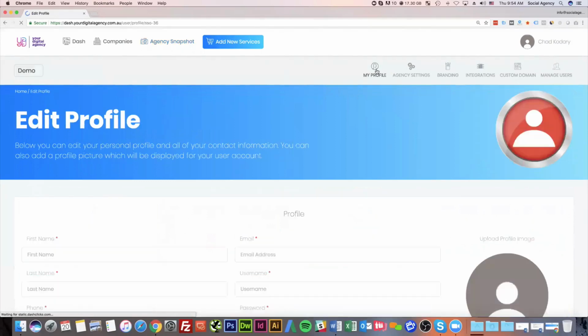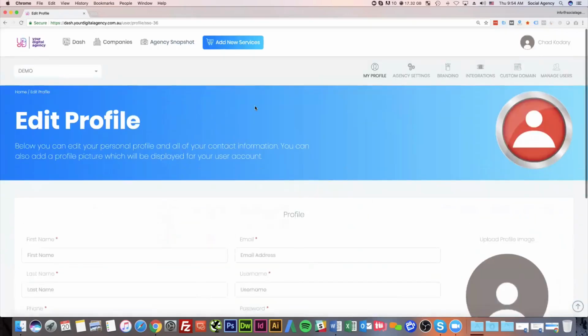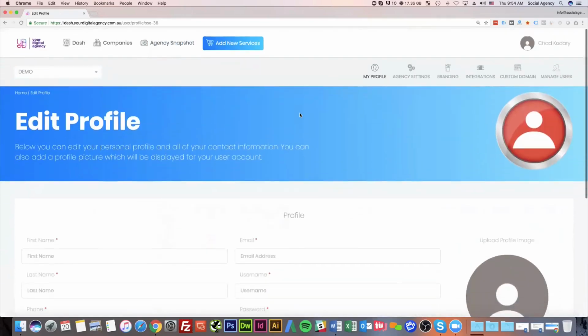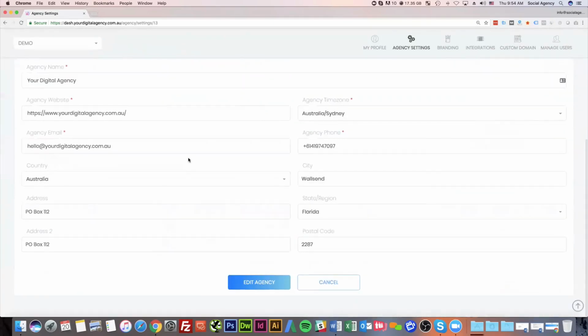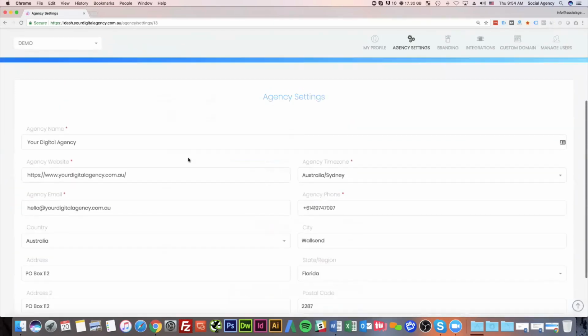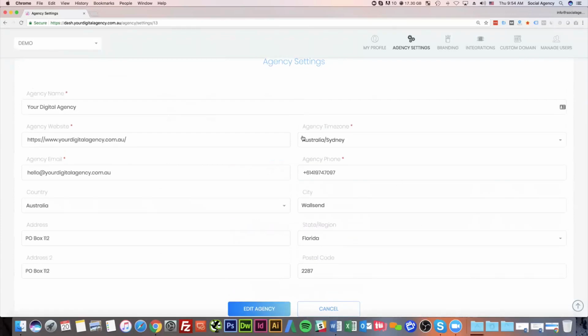And then we have a profile. So these are all of your agency settings. So this is your profile, right? So you can go in here and edit your profile, which I saw that you already did. Then you have the agency settings. So you can go in here and add your agency information, right? This is all your contact information. And this contact information will show up on